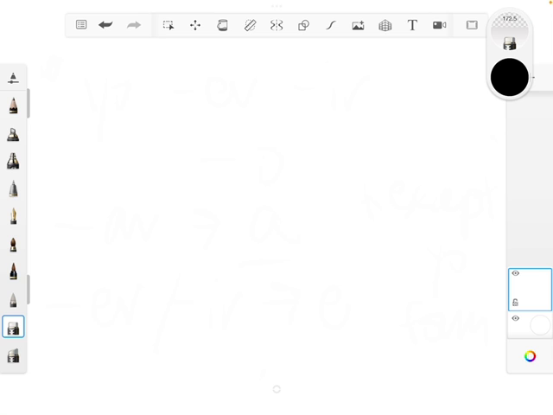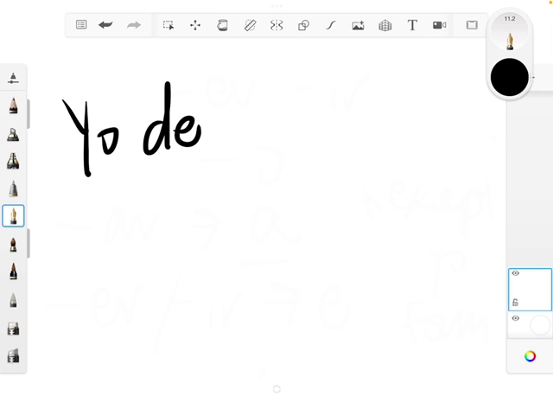The ER verbs: aprender, which means to learn; beber, which means to drink; comer, which means to eat; comprender is to understand; correr is to run; creer is to believe, and when you have en after it, it means to believe in. Deber plus an infinitive means should, ought to, or must. So for that one, if you're saying I should eat, you have your infinitive. You're going to conjugate deber. So for the yo form, it would be yo debo